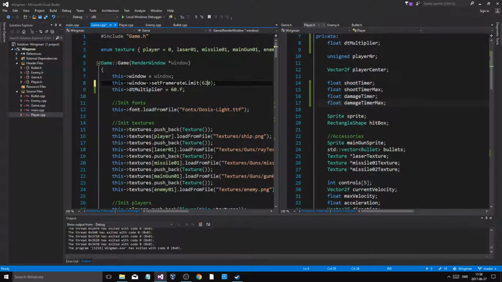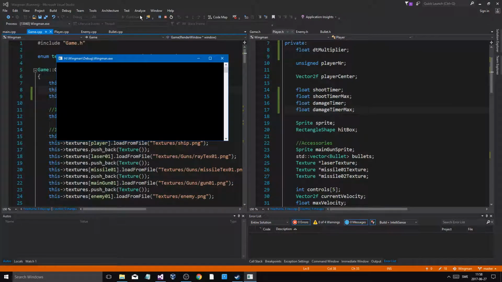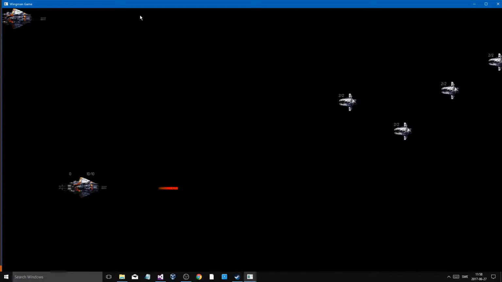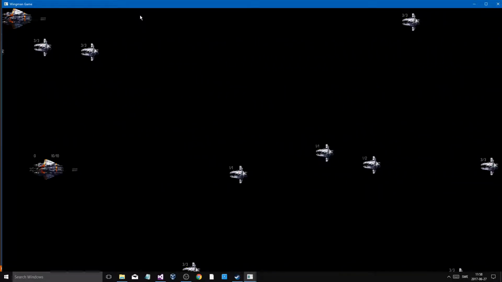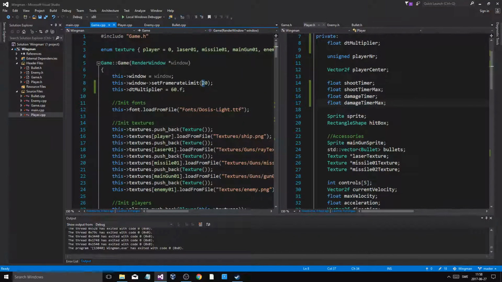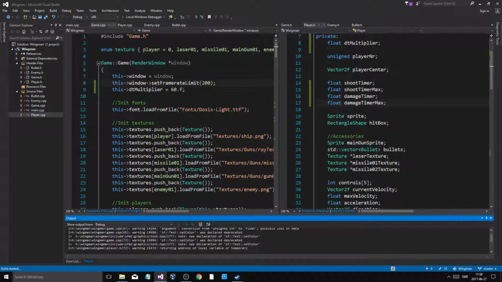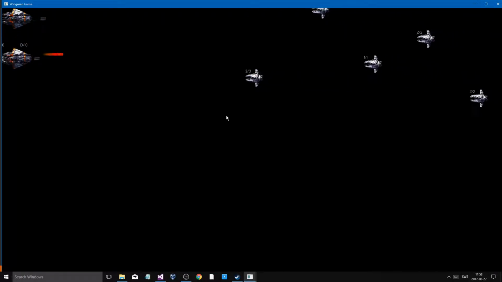Let me just show you this at 20 FPS to make it slow, like if it's lagging, you know, and it should be the same. It's the same basically. It's just that it's lagging. You see? That's how it works. That's how games work. And yeah, so I'm gonna keep it at about 200 now, and the multiplier is gonna be 60. We're good, because no matter what, that thing on my computer, the multiplier